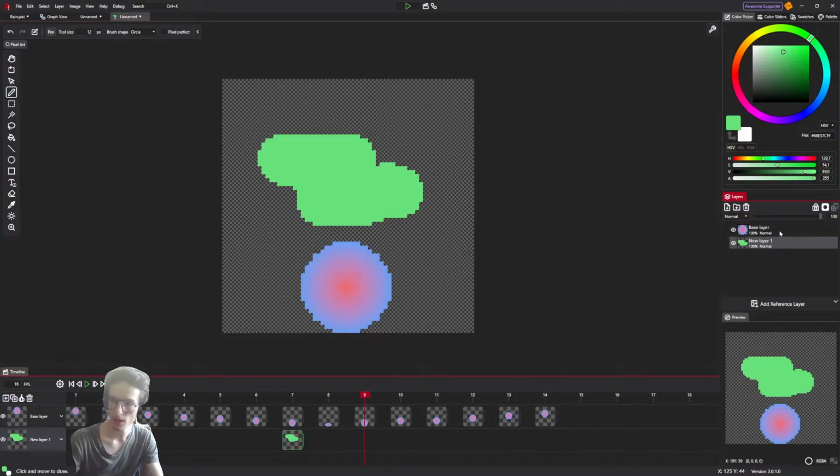Animation timeline and layers are the same thing in a way, because when I select a base layer, it also selects in the animation, and it's pretty much synchronized, because a layer is basically an animation with just one cell, whereas the timeline just allows you to create more cells in a given animation.